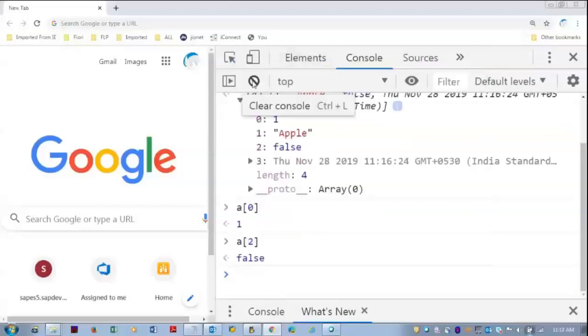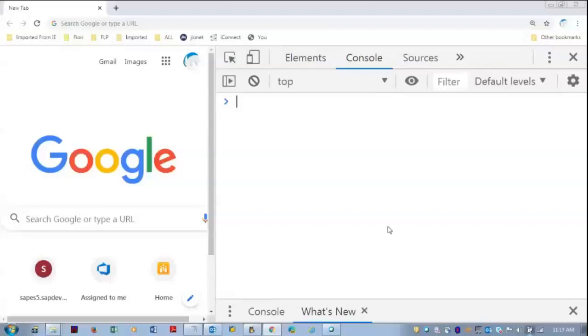There are a number of operations which we can do on this particular array type, some of which are very important.